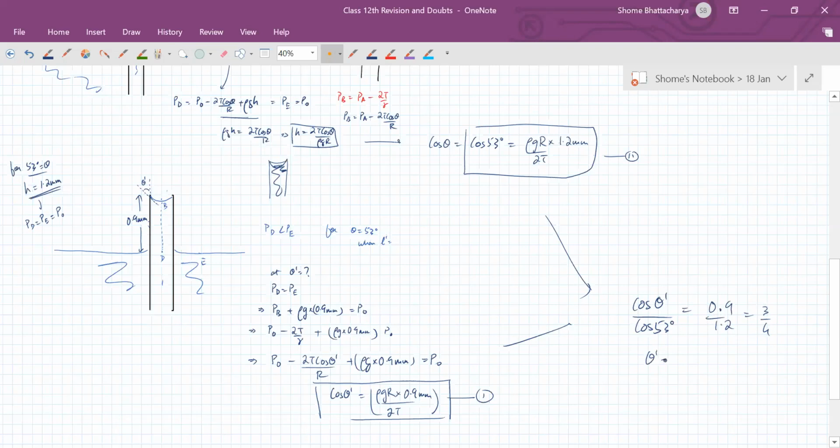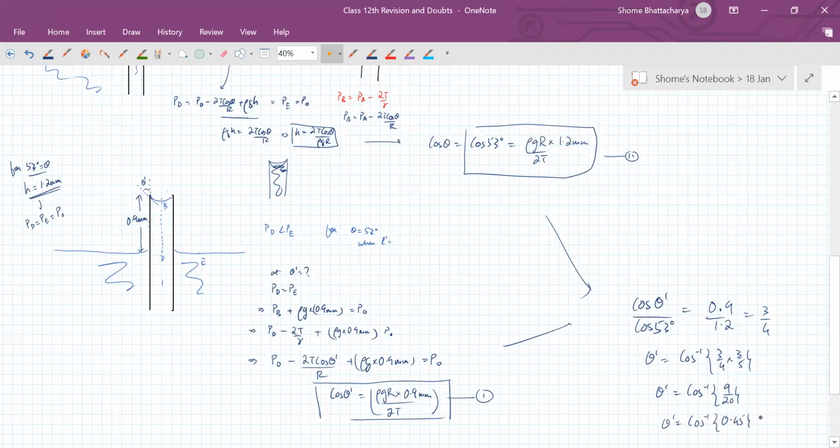So theta prime will become cos inverse of 3 by 4 into cos 53, which is 3 by 5. Actually I gave you the wrong value; I should have taken 37 initially. Anyway, it doesn't matter. So 9 by 20,